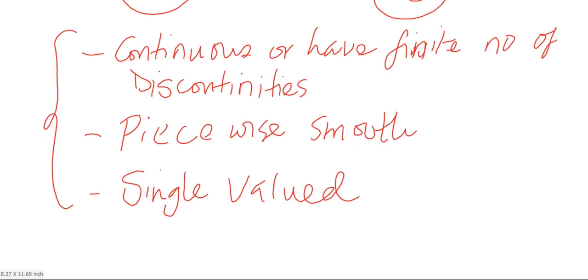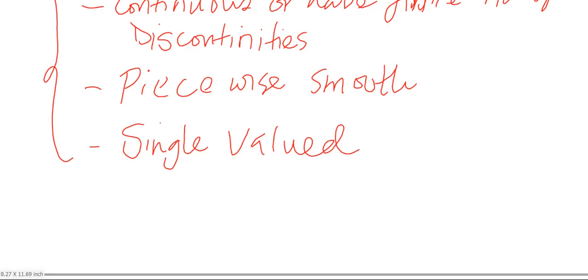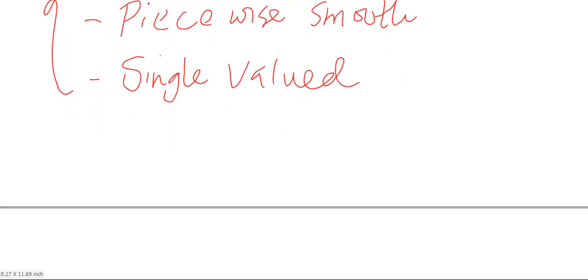So we consider a function which is periodic with some period T, and these functions need to be piecewise continuous. It may be continuous, or it may have a finite number of finite discontinuities. It is single valued and piecewise smooth. Now, if the function satisfies the three conditions, then it can be expressed as an infinite trigonometric series, which we